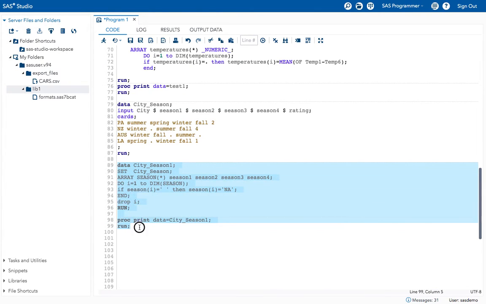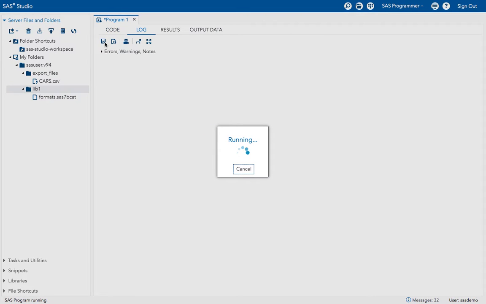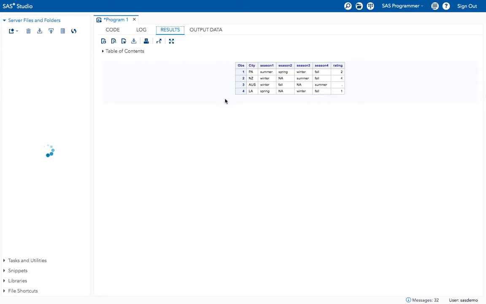Now execute the program. See, now I got the output that I wanted. All the missing values are replaced by NA and it didn't touch the rating values.